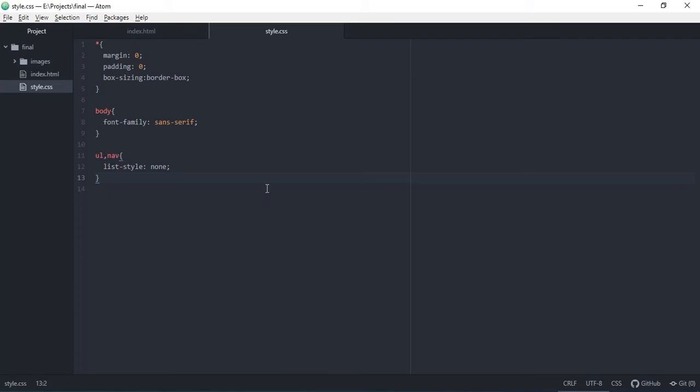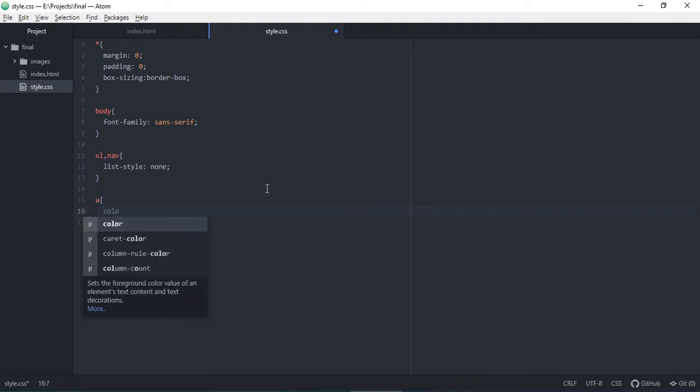Next, I work on the anchor element. So we have an open and close curly braces, so the color will be white. We have a letter spacing,